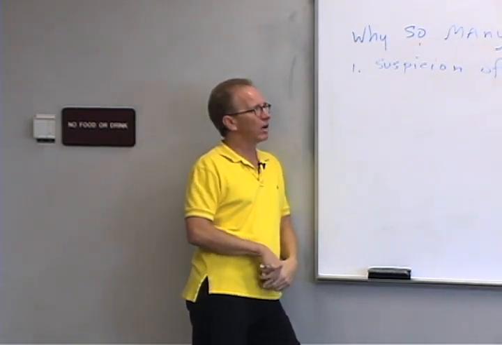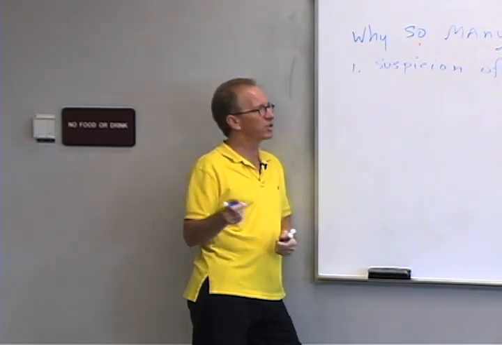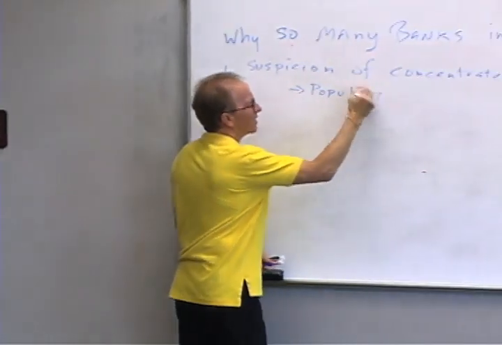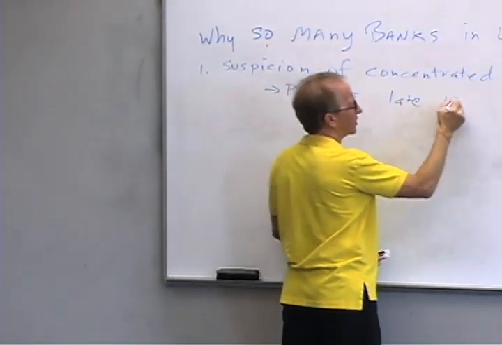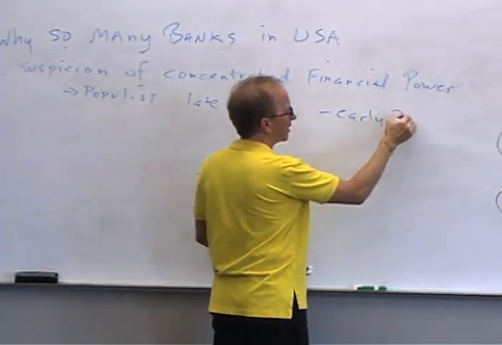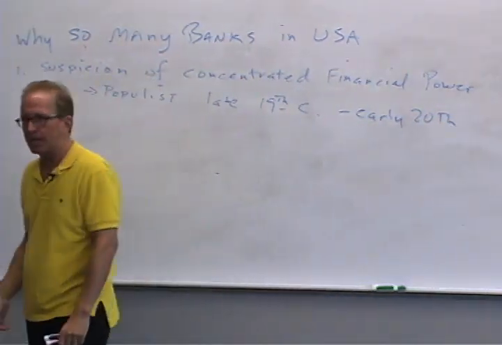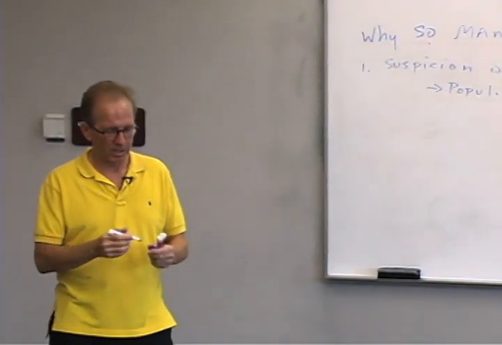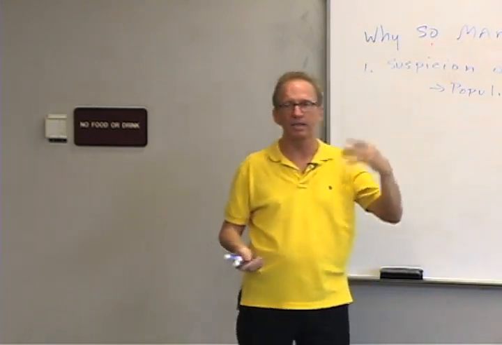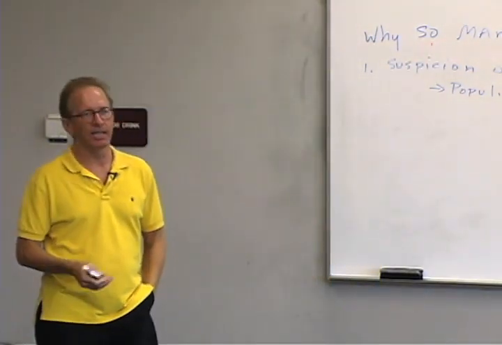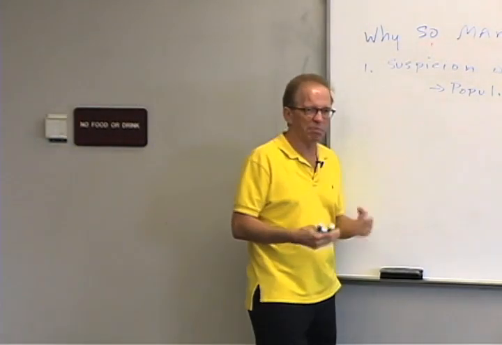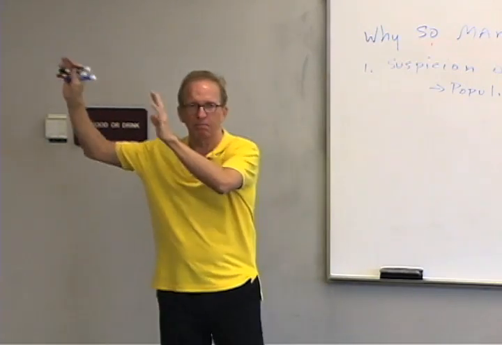And then later on, this really never left, it still exists, but then later on we got this populist movement in the late 19th century and in the early 20th century. And this became like a political party. So I'm saying what started off as a tendency became a political party, back in late 19th century, like 1890s and so forth. And so there was just this suspicion like, that's bad stuff. Big banking companies, got to do away with them.